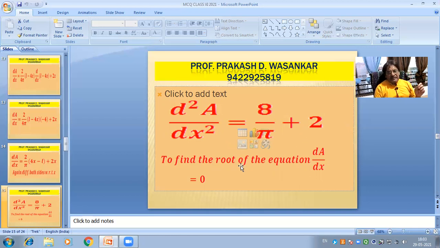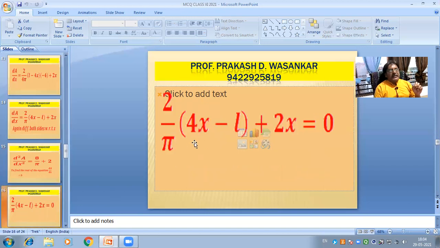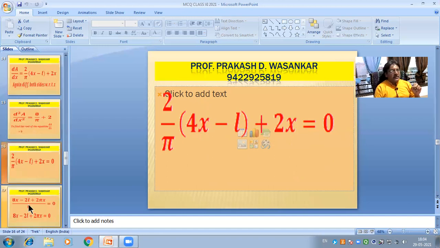Next we find the roots of the first order derivative equal to 0. That is, to find the root of the equation dA by dx equal to 0, we take the first order derivative equal to 0 and find out the roots. Here the first order derivative is 2 upon pi (4x minus L) plus 2x, which is equal to 0. And here we solve this and find out the value of x. So we get here,